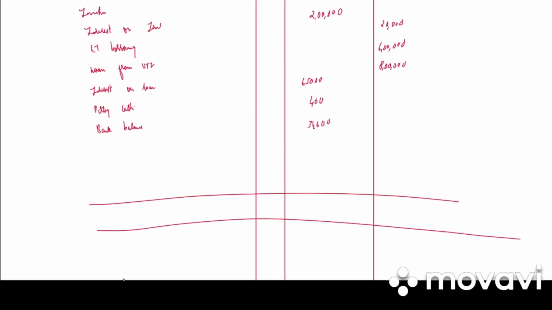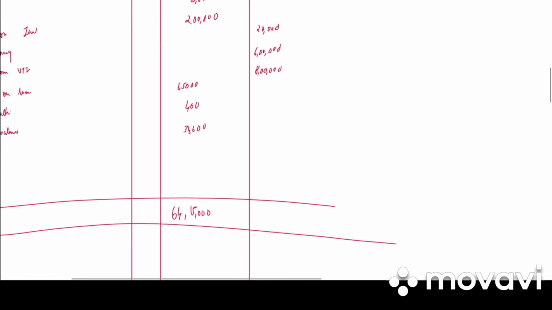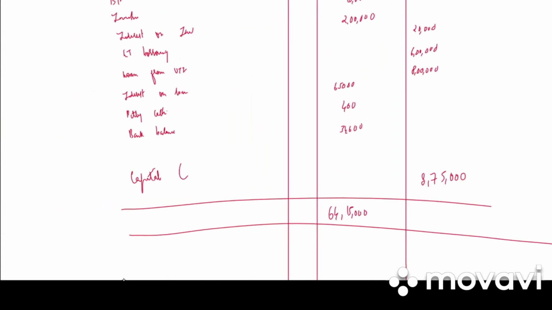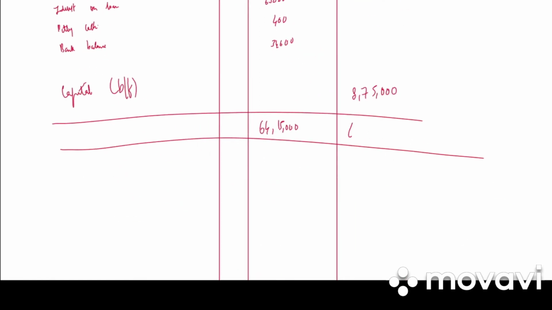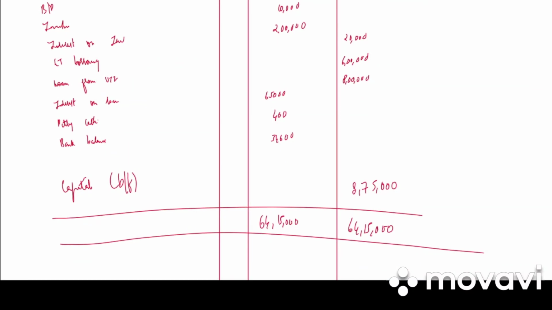So what is the total? Our debit side total is 64,15,000 and our credit side total is 55,40,000. So 64,15,000 minus 55,40,000. What's the balance we get? 8,75,000. In the question they have said that balance will be treated as capital. So balancing figure is 8,75,000. So what is the total of credit side balance now? It is 64,15,000. Clear? If in the question they have said that the balancing figure will be treated as capital, so whatever balancing figure we get will be treated as capital on the credit side.